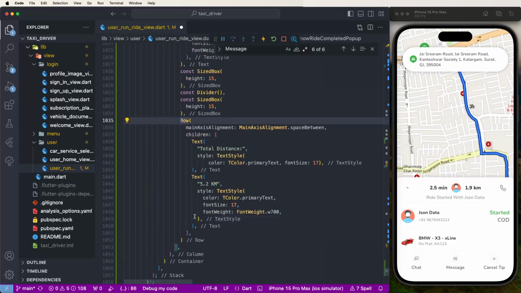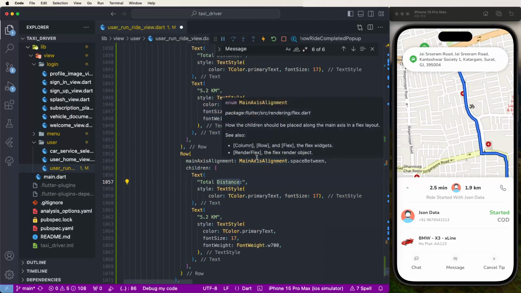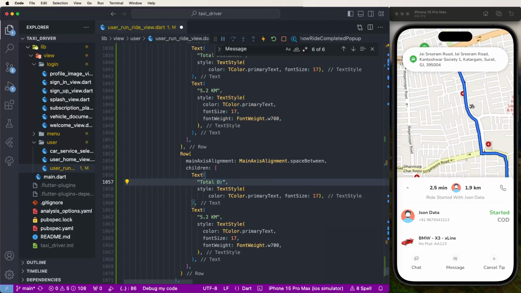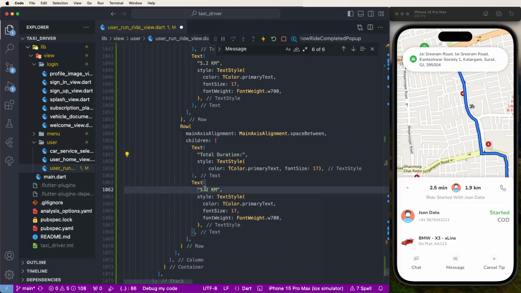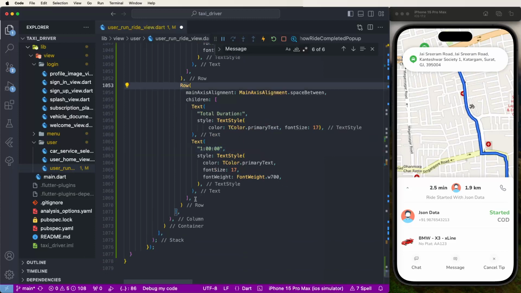Same as, need to copy here, so need to display here the durations, total duration. Like this set here. And to give this here the time value, need to set 1 hour, now static set here. Same as, need to display here